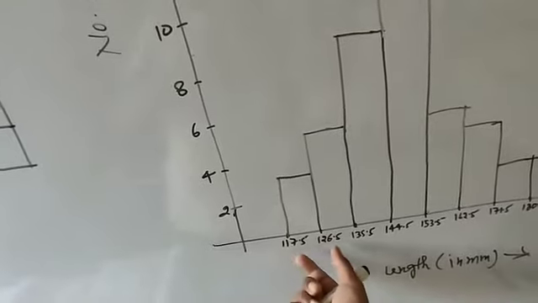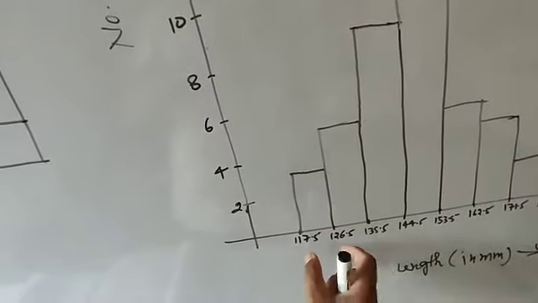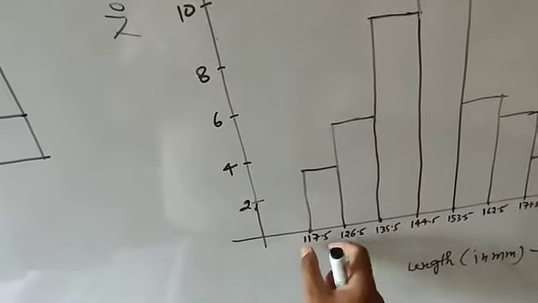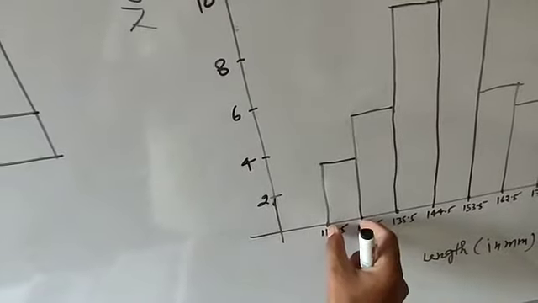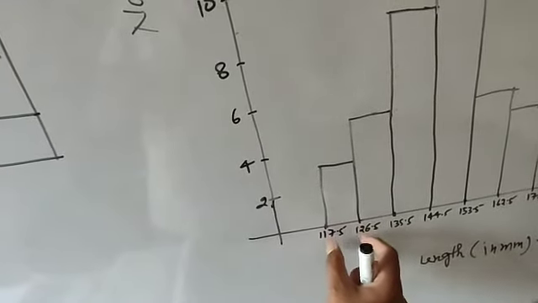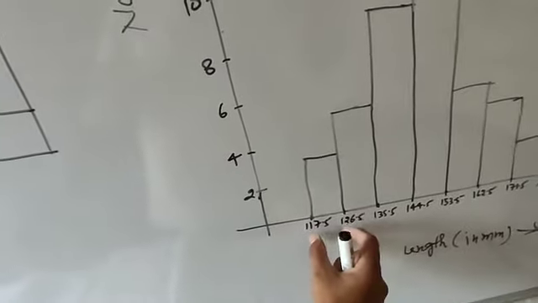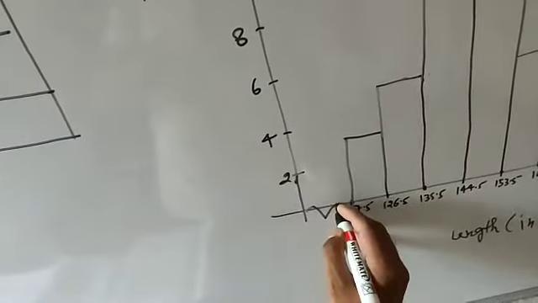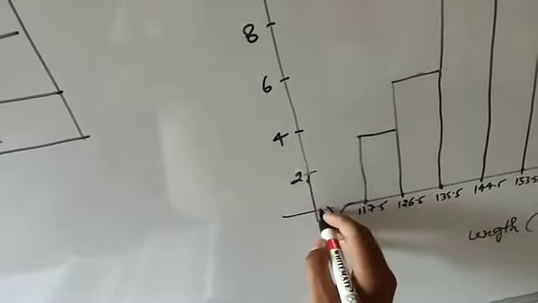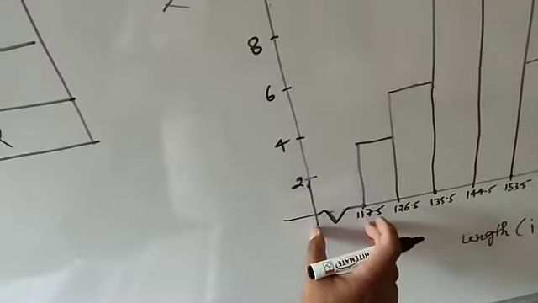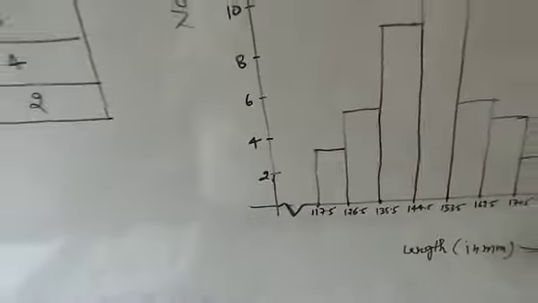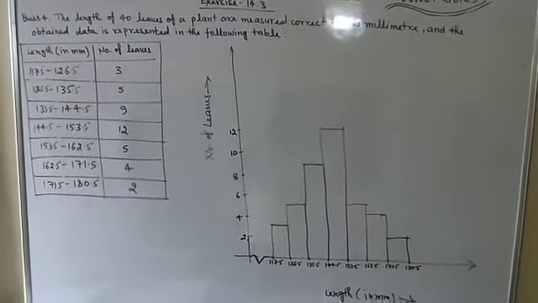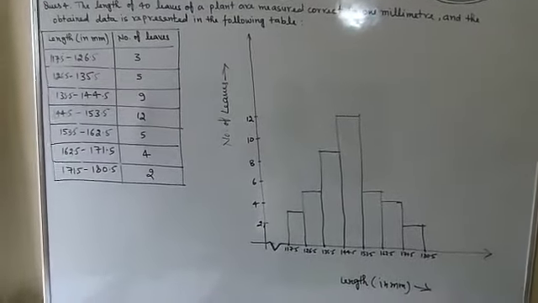Here you are going to get on the x-axis the scale you have taken. That scale is like each and every 10 small boxes, 10 divisions, is going to represent 9. Here the gap is 9, 9, 9, but here the gap is up to 117.5. So here you need to make the kink to fulfill that gap. So here it is the kink. It shows that other values are existing between these. So now it is the complete solution of question number 1, first part. So you need to draw it on the graph sheet.